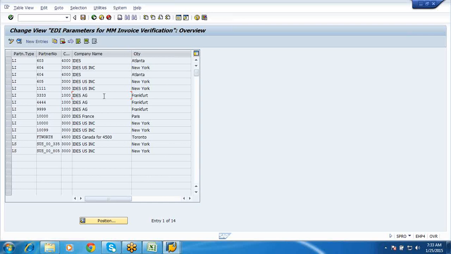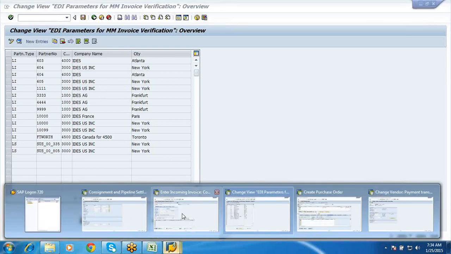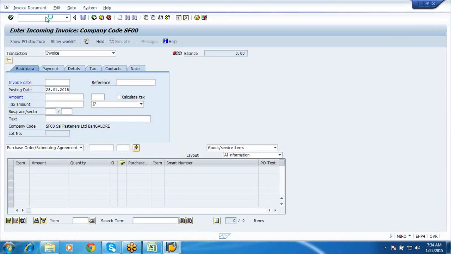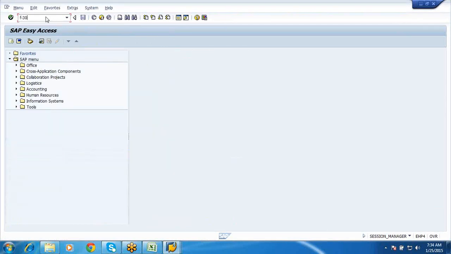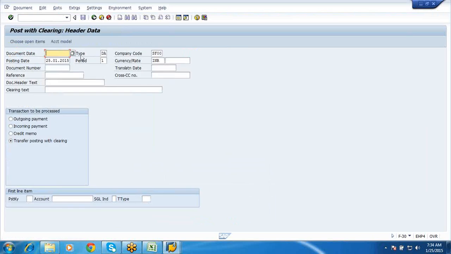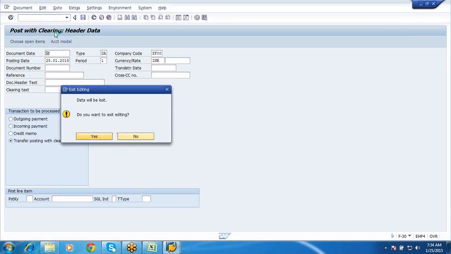See, posting my invoice does not give the payment to the vendor, right? The finance people should go and make the payment in their system. There is something called F-30 or FB60. I'll show you. Wait, there they make the payment. F-30, I believe. Yes, see, post with clearing. This is where they make the payment. Okay, so there is one more. It is exiting FB60, I believe.